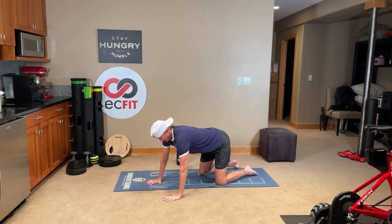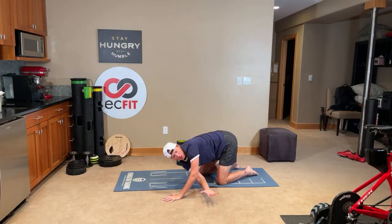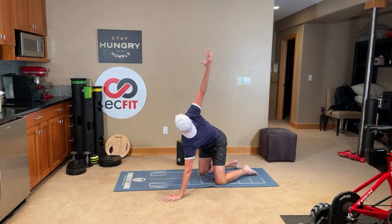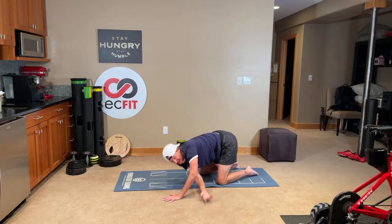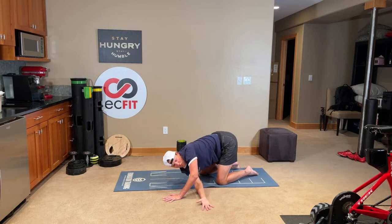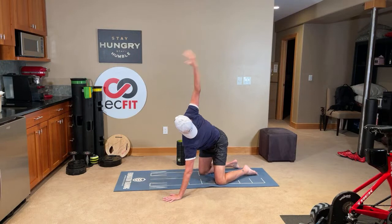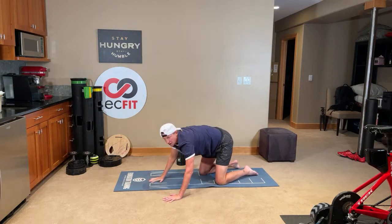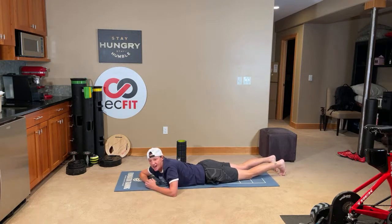Okay, other side. Nice strong quadruped position, right arm. The hips are doing whatever they want to do as we move through the rib cage. 3, 4, pay attention. Where am I tight? What's feeling restricted? 7, 8, 9, and 10. All right, we're going back down, and this time we're going to set an anchor at the lower